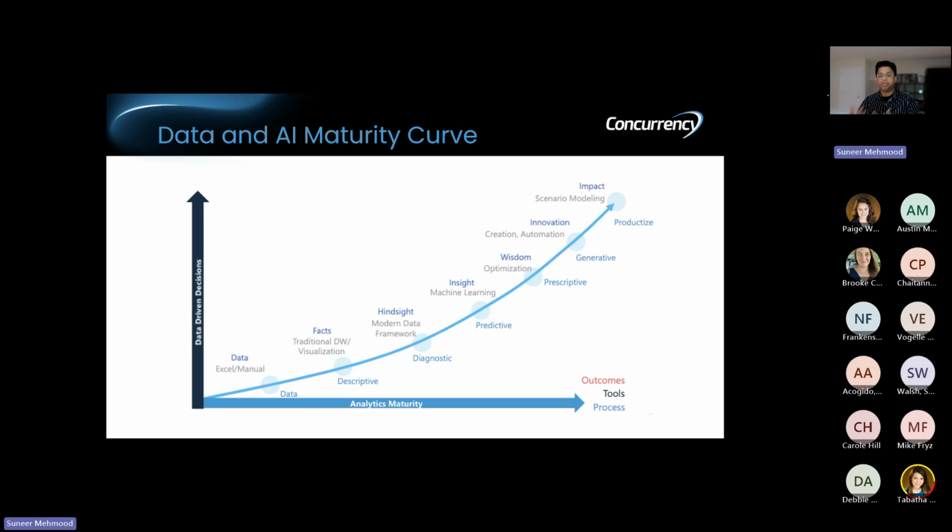And the next step of the maturity phase is the descriptive phase, where you would go into a traditional data warehouse environment. That's when you get to do some foundational data warehouse, some facts and dimensions, as you call it in a typical data warehouse language. Facts are the numbers and dimensions are the qualifiers for those numbers.